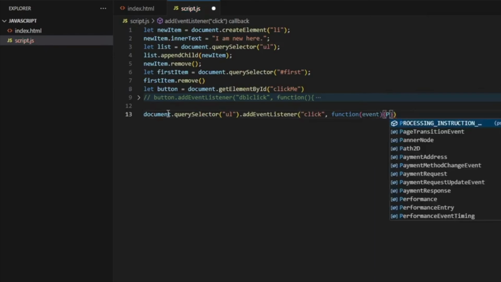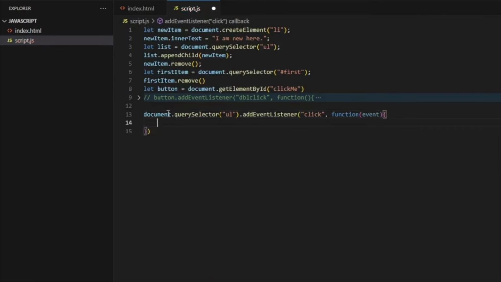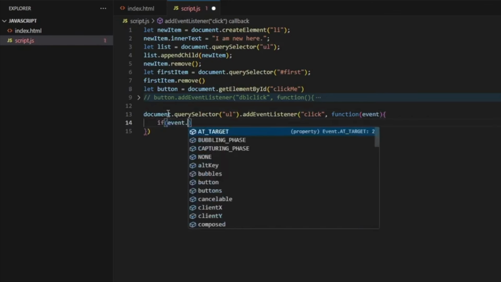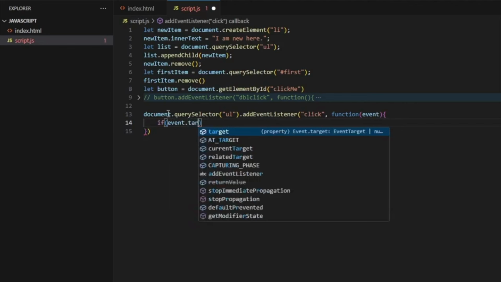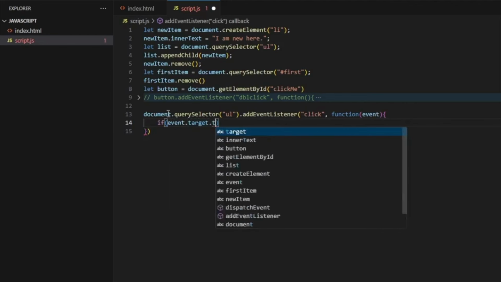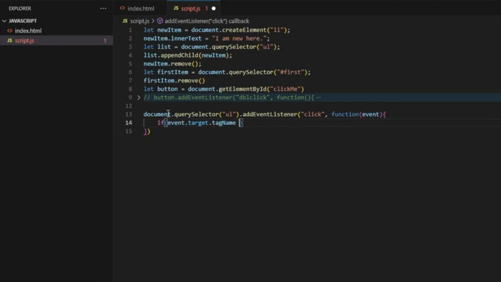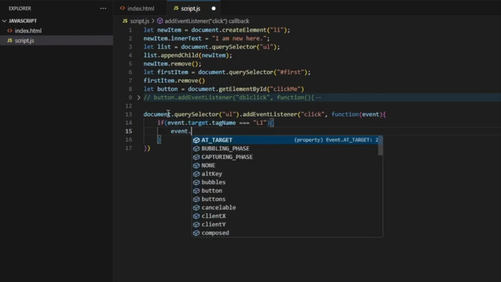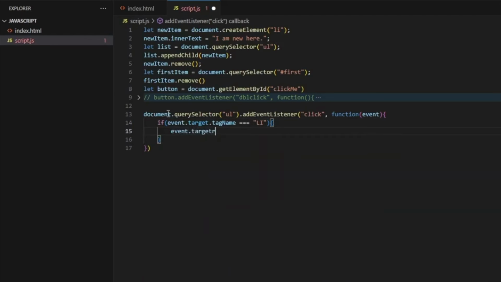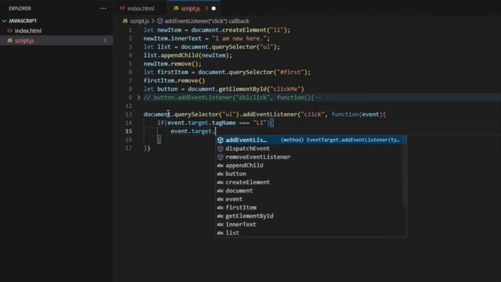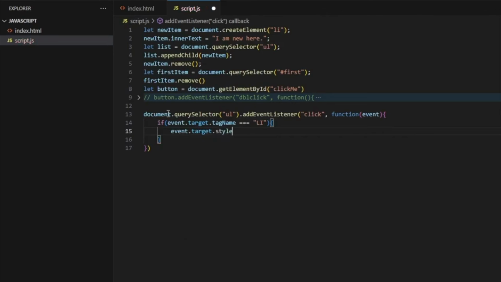So let's say if event.target.tagName === li, which is strictly equals to li, that is our list item tag, we will change its color. So event.target, that is the element that we have clicked or which triggers an event, .style.color